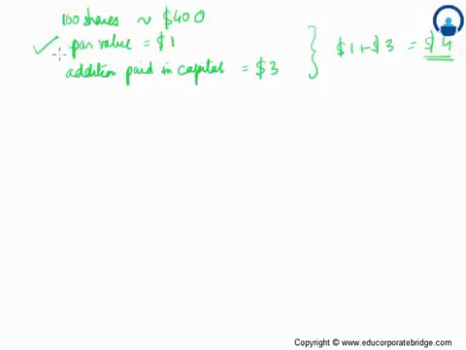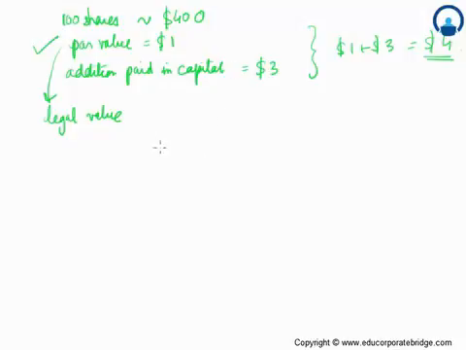See, par value is actually a random value altogether, but you can assume that this is a legal value used for reporting in the shareholders equity section. So it's just a legal requirement. Many shares may not have any par value altogether. So if a par value is present in a share, then you have to bifurcate this into